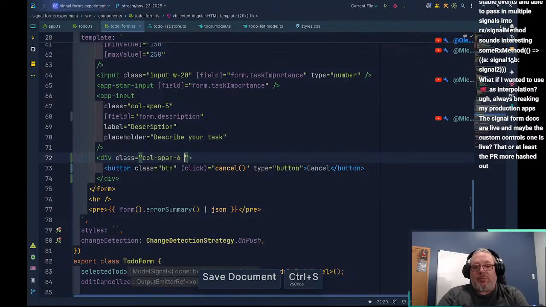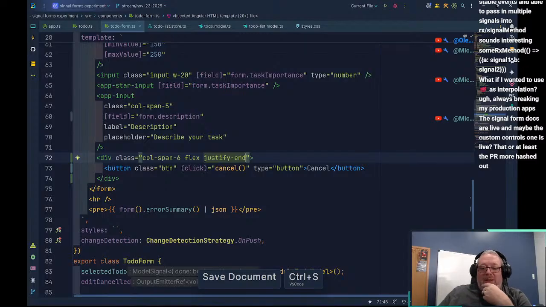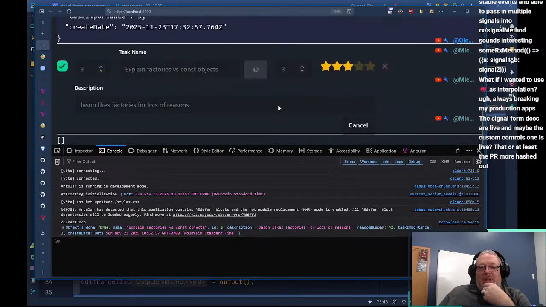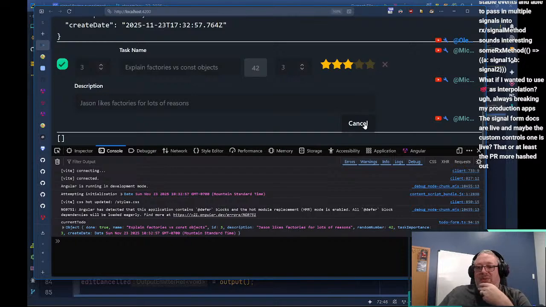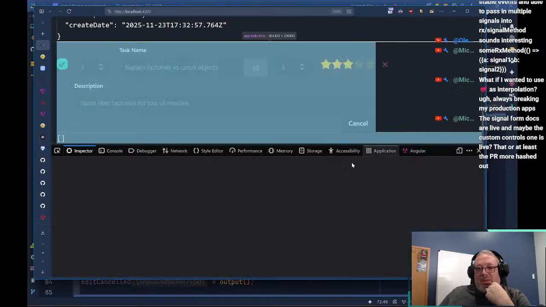And the other thing we're going to do, yeah, we could make our buttons justified to the end. And what this is going to do is now when we edit, our cancel button shows up at the end. And we probably need to make it a 7. Let's inspect this.